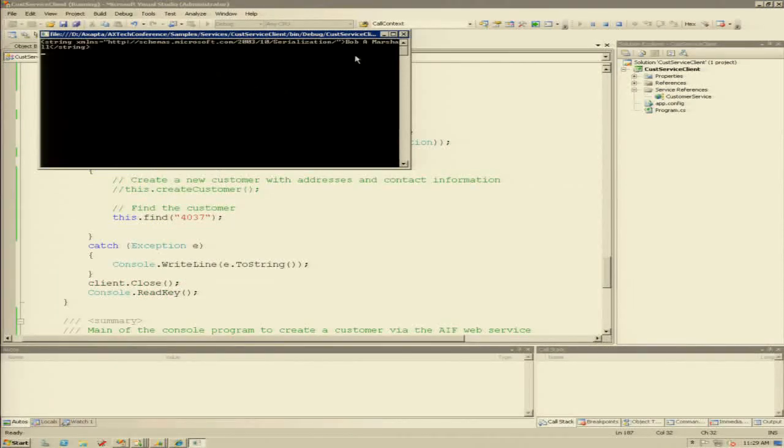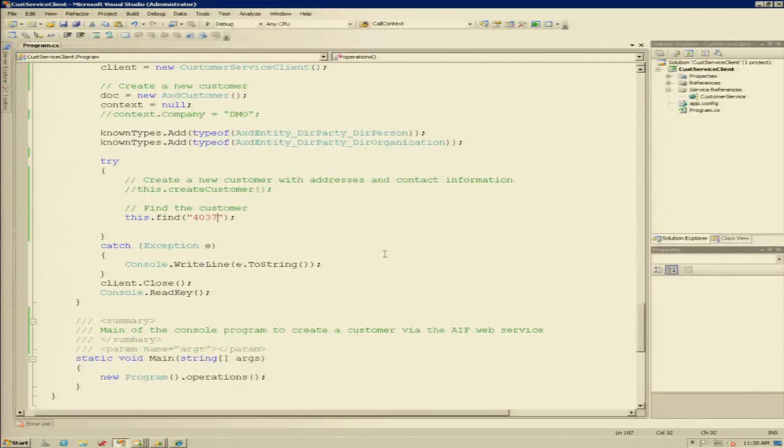When I run that again, you can see it returned the name Bob Marshall created. So that's pretty much what it involves. You can see the schema for the postal address and contact information is pretty much just one level. You just need to go in and use that object and set the information. You don't have to have that cascading effect. So how all this is done,